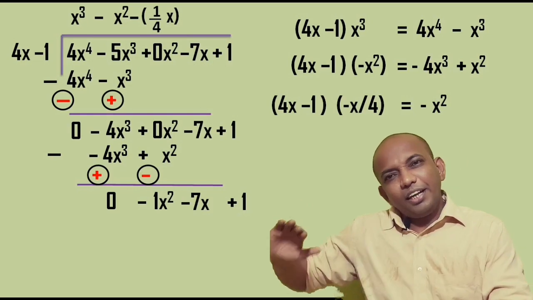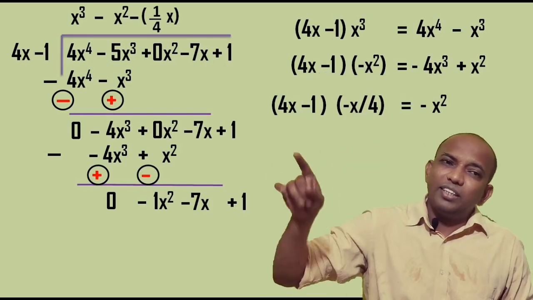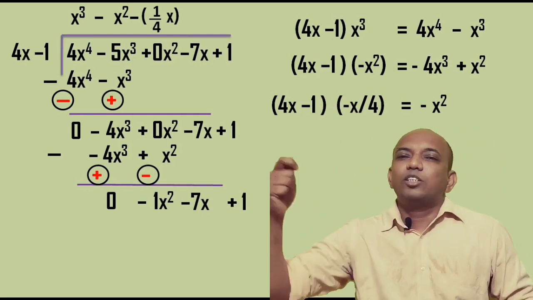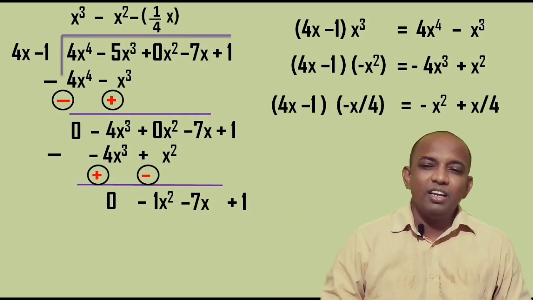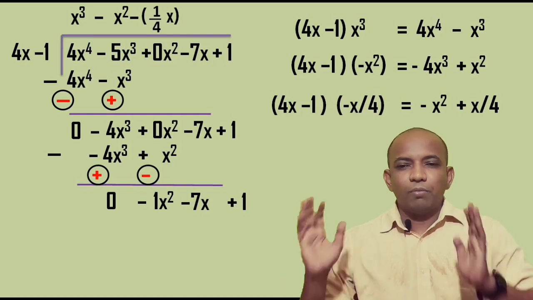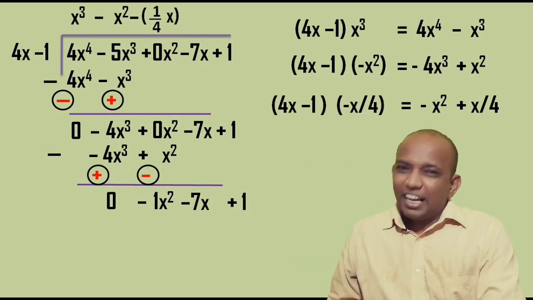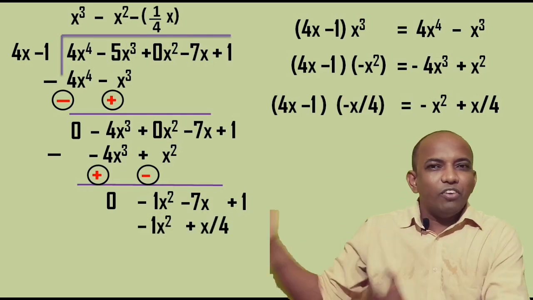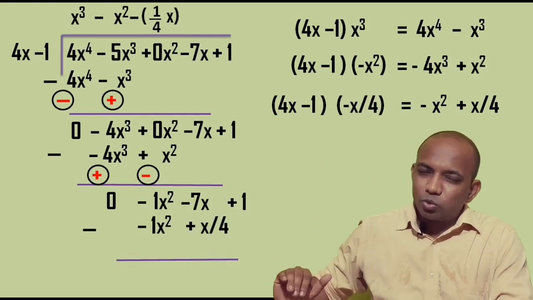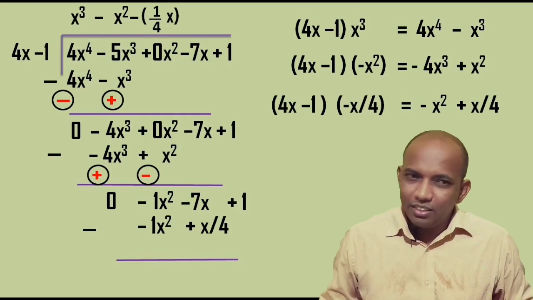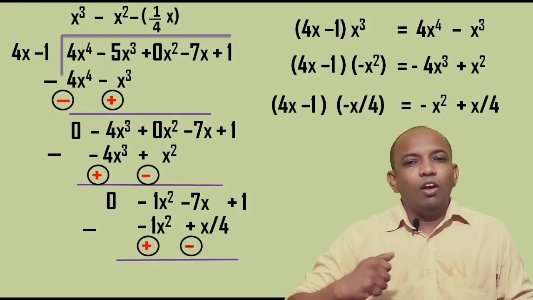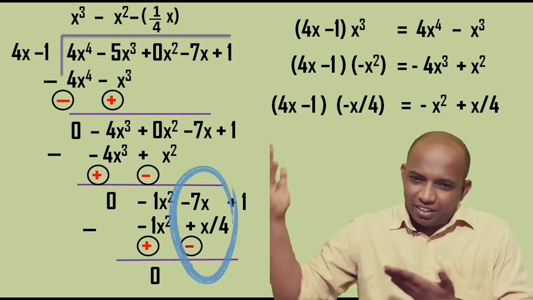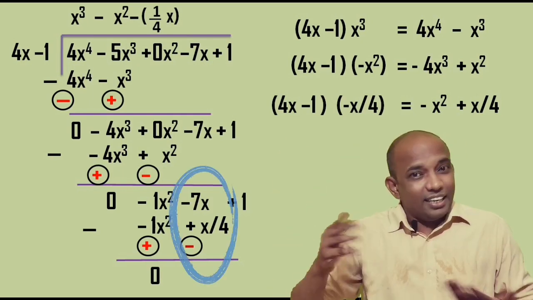Then that negative x upon 4 will multiply with that minus 1. As a result, what we are going to get? Again minus x upon 4. Any number multiplied by 1, answer comes same number. Okay, so what we have now, that answer of the multiplication will be utilized in the subtraction. As a result, your first term, that is x square upon x square, after changing the sign, will cancel out each other, right? What we have now in the second operation, we have negative 7x subtracted again